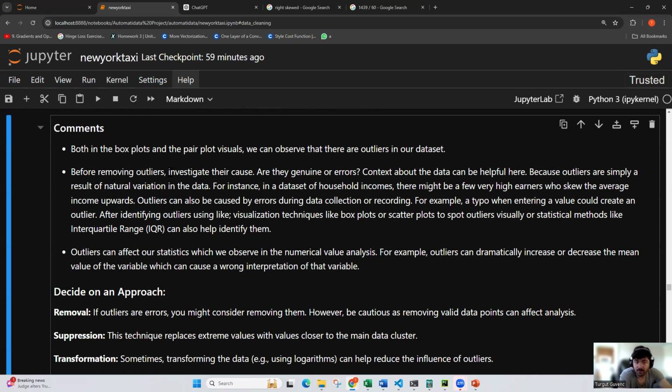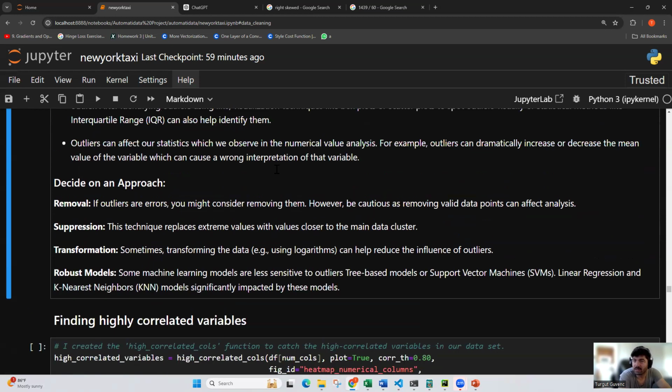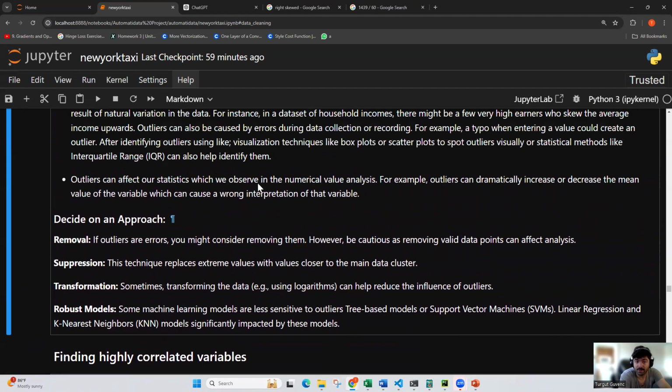Okay, after finding these, before moving on, we need to investigate the cause, right? And I already mentioned whether they are genuine or errors, right? If they are errors, we can fix or remove those. Or if they are genuine data, as I explained before with household income, we should take some other approach. What outliers do to our data set is they affect our descriptive statistics. For example, as I always give an example,